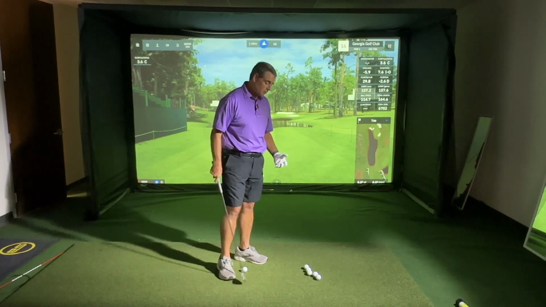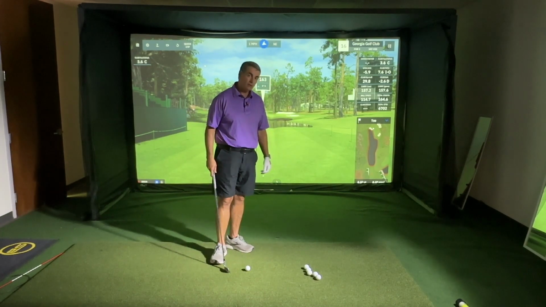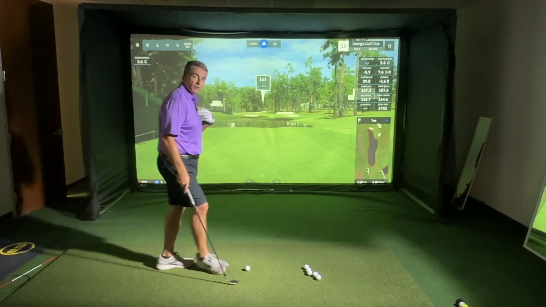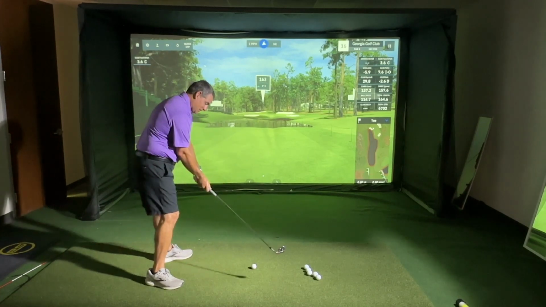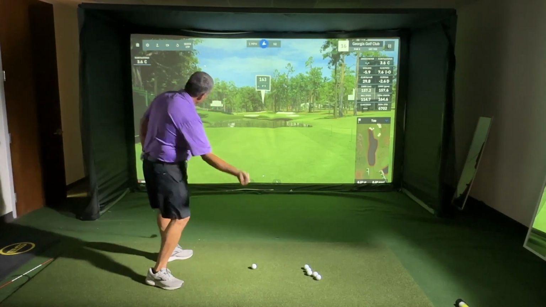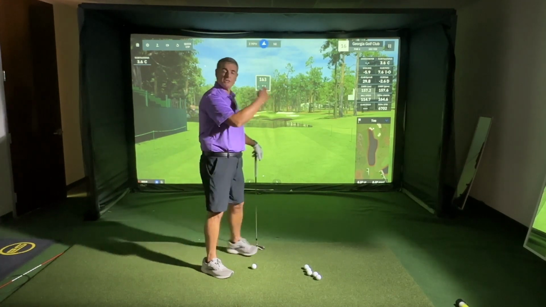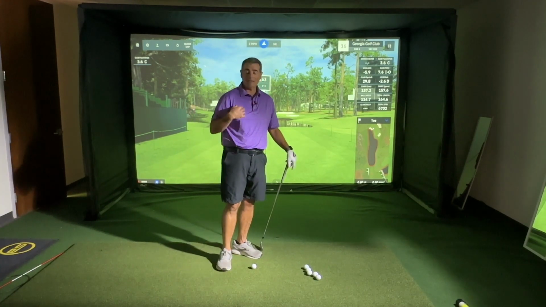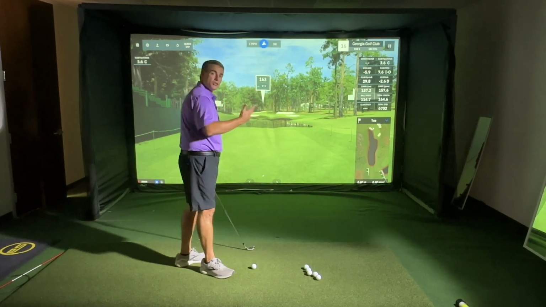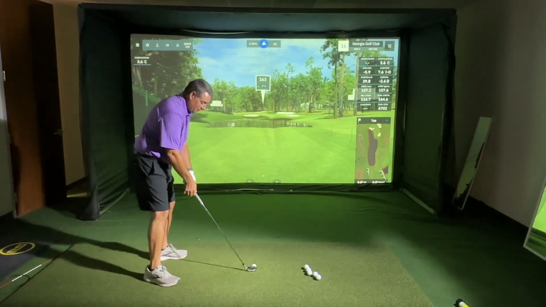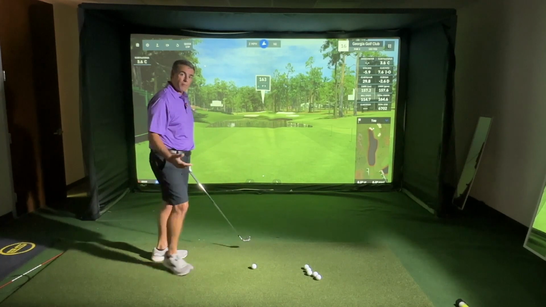So you may find this especially if you're a better player. If you're a better player, you probably know in your heart, right? We don't want to make swings like this, where our club plane is going left, giving us an out to in path, open face, which results in that big slice. And for myself, when I first got really serious about golf, I had a lot of that going on. So I personally trained myself to feel like I was swinging the club out to the right. The problem, though, is